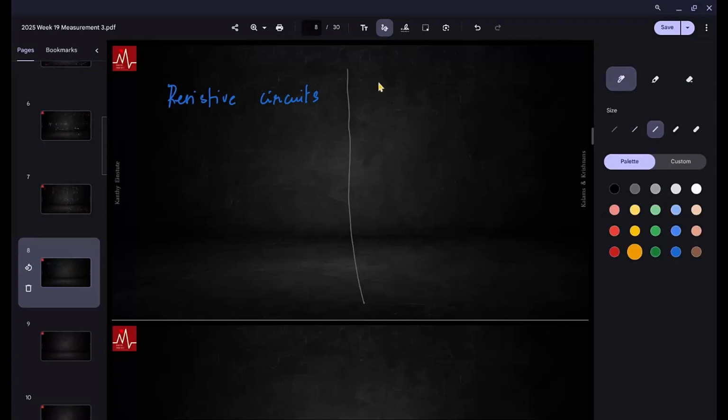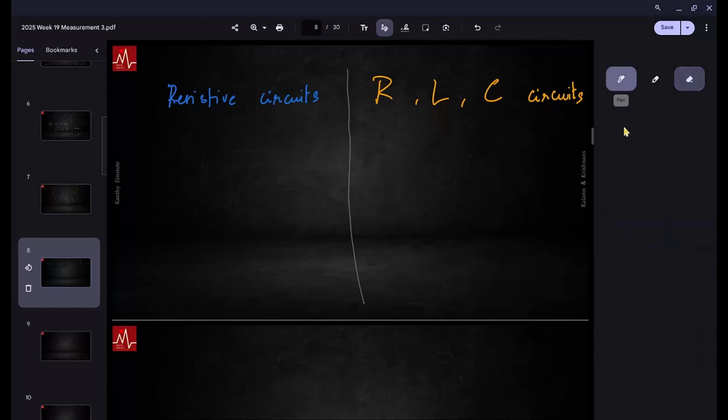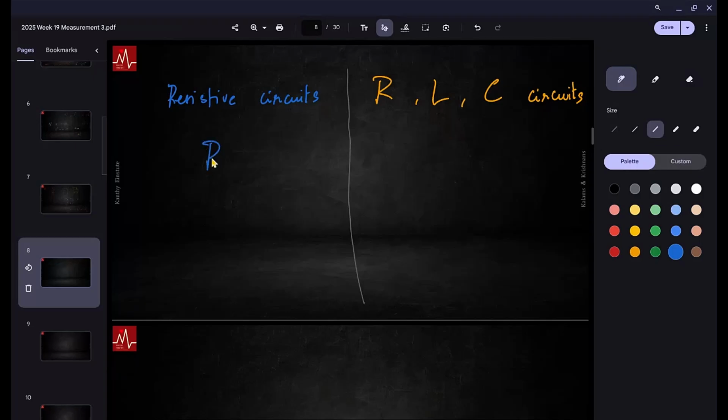Circuits can have a resistor, inductor, capacitor. For a resistive circuit, you have this resistance R, right? Then you had things like series, parallel,